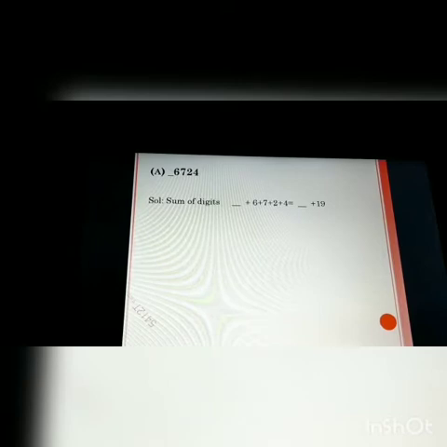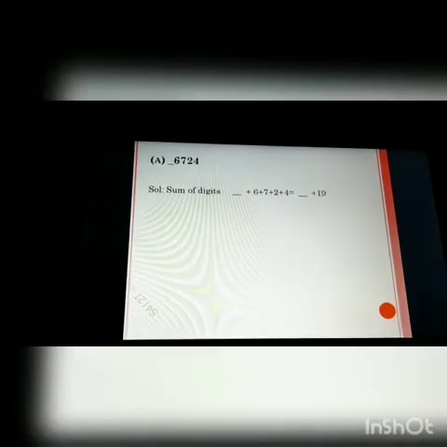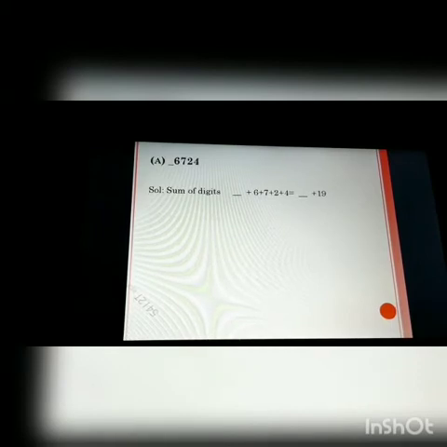So its sum is blank plus 19. Now for finding the minimum and maximum digit, we'll see blank plus 19. What should be the smallest and what should be the greatest for making it divisible by 3? For the smallest, we'll check starting from 0, 1, 2. Then we'll put 0, 0 plus 19, 19.